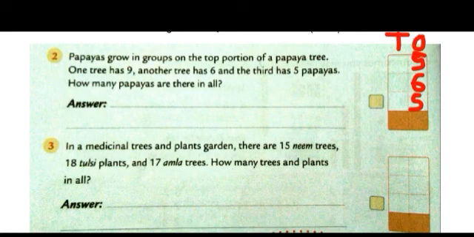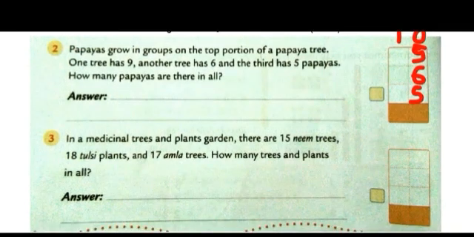Now we need to add these numbers. So we will apply the method. First method is look for the tens. But here it's not possible. No tens are there. Second method, look for the doubles. That is also not possible because no doubles are there. And the last method, add in any order.